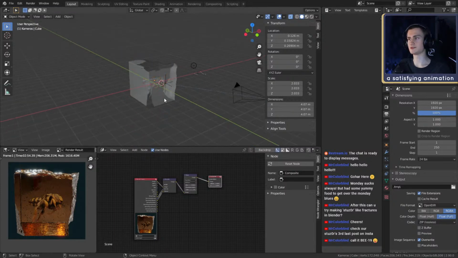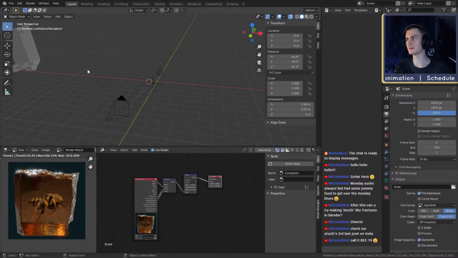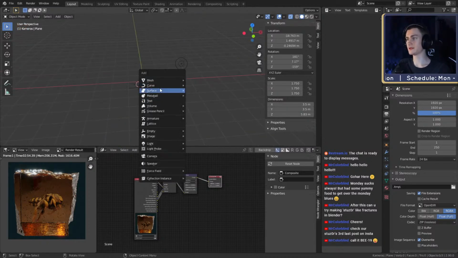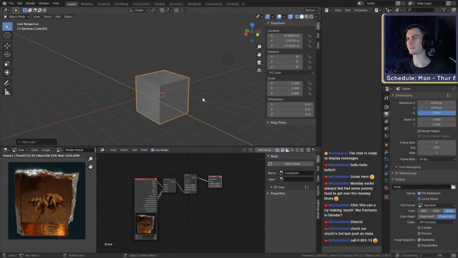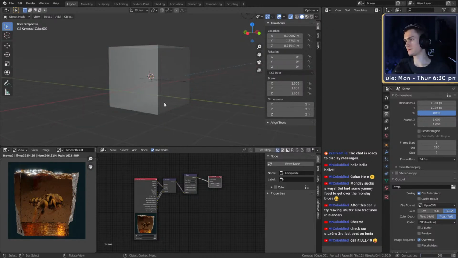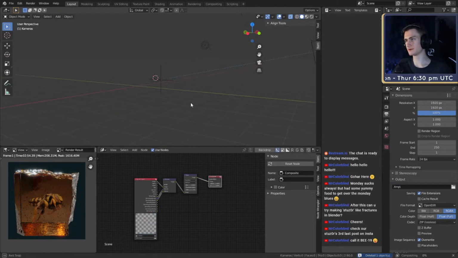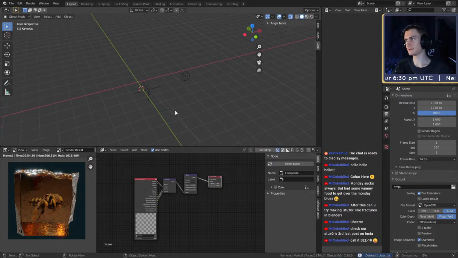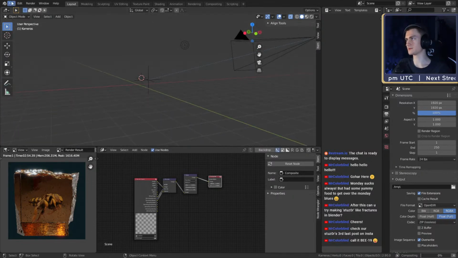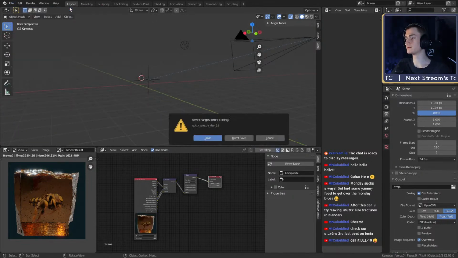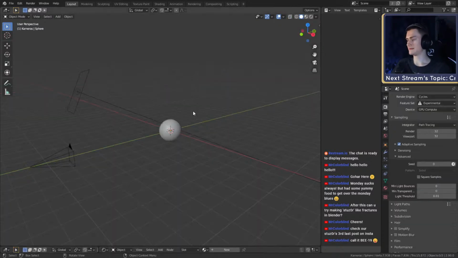We could probably just make a new cube. That's probably the easiest way. Okay, so if you make a new cube, or we could probably, wait, is it laggy? Okay, I guess we can just make a new scene and then work with that.